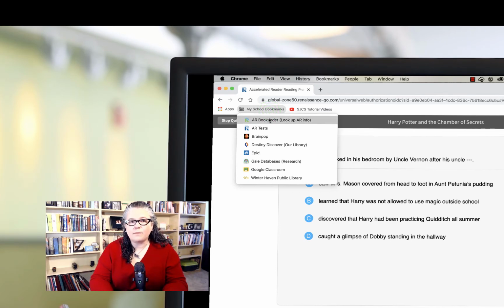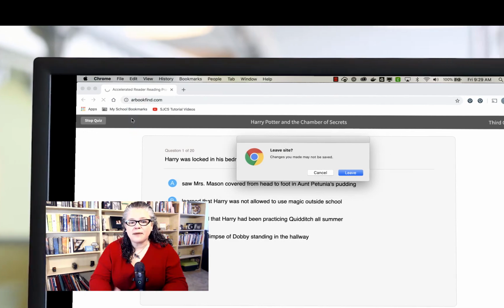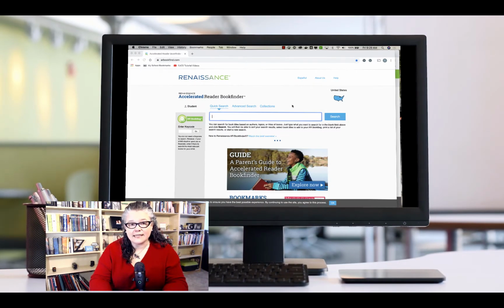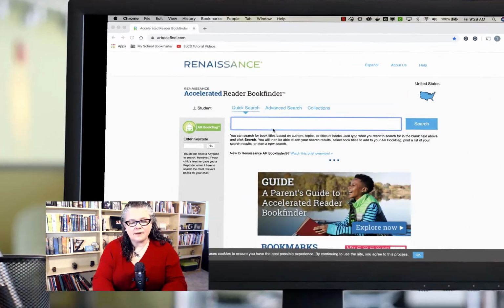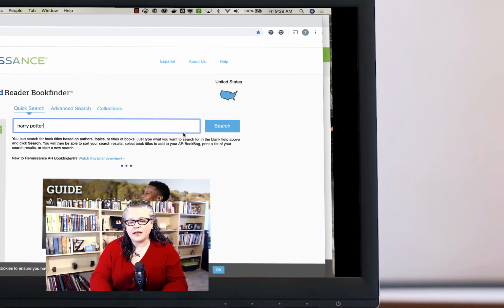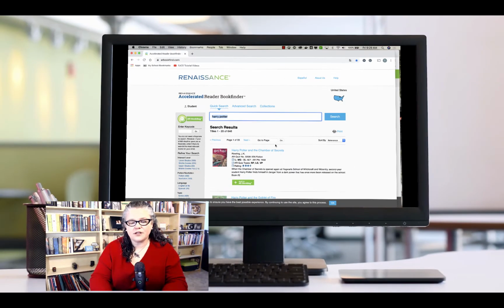There's an AR book finder. This allows you to look up AR information for a book before your child begins to read it. So if they wanted to make sure that the book that they are going to read is an AR book, then they can type in the name of the book here, and it will tell them if there is a test for that book. So if I type in Harry Potter again here, and I click search,